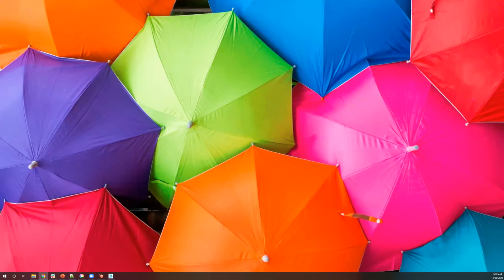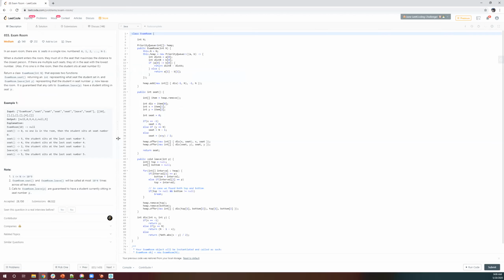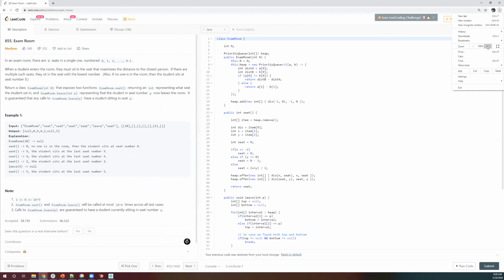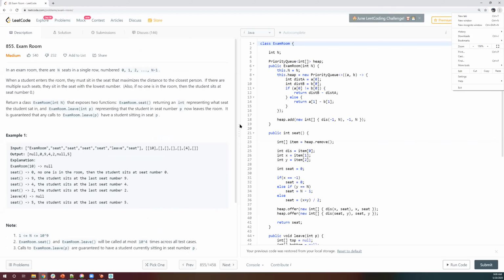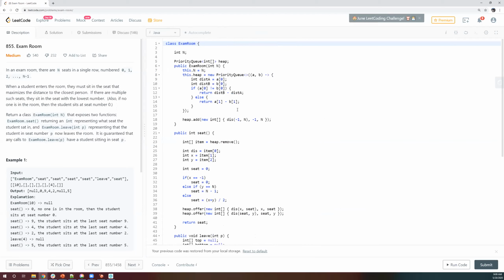Like if 3, 3 is there, then depending on the index, like 1, 2, 2, 1 is there, the lower index will be given more priority, and then it will go for the 2. No, so it's actually not sorted. It just gives you the idea that the parent, in a max priority queue, will be bigger than the child, but it does not tell you whether the right child is bigger than the left child or not.